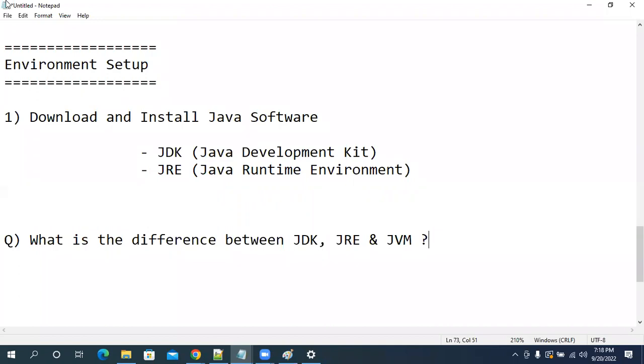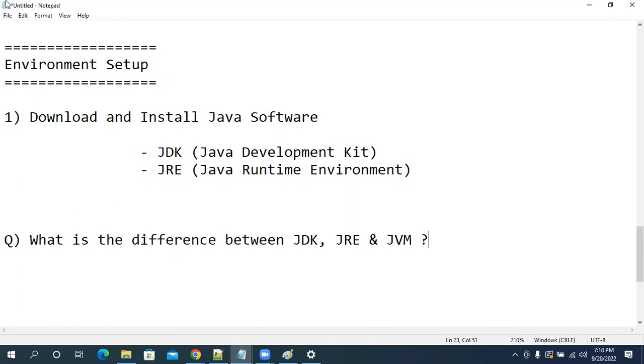Why do I need JDK and JRE? Because I am a programmer. I need to develop the program. After writing the code, can I directly give it to the client? Do I need to test it or not? If I need to test it, do I need to run that or not? I need to run. In order to run the program, what is required?